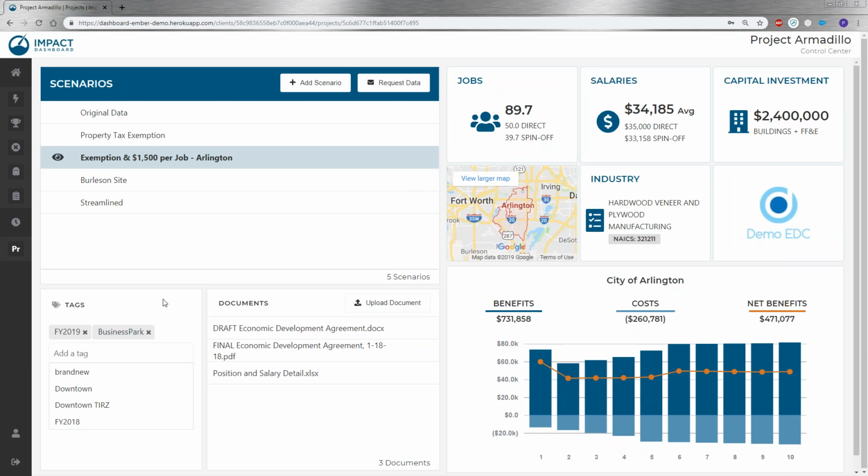If we wanted to type in a new tag, we can do that, or we can choose from the tags that exist. We have another place here where we can upload documents. So this is a place where you might want to try to keep all of your files organized. If you have additional information on a particular project, or you have like an agreement, we can upload those documents